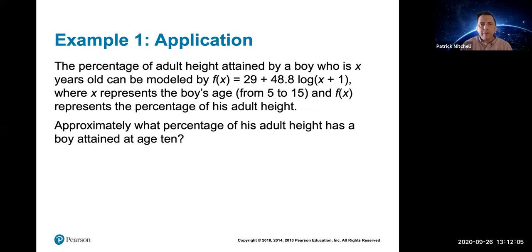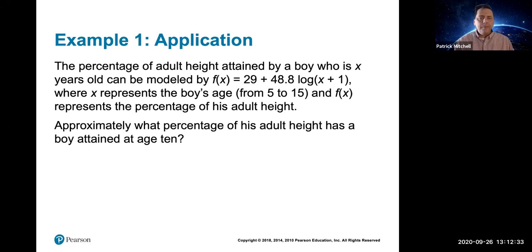All right, so here's a real life example using common logarithm, and I am also going to show you how to put this in your calculator. The percentage of adult height attained by a boy who is X years old. This is kind of fun. If you have a son, you know, that's 8 or 10 or 12, you can use this formula to predict how tall he will be